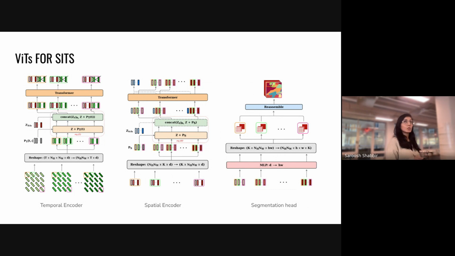Can you elaborate on the spatial encoder one more time? I didn't follow what you said. So it's actually exactly the same thing that's happening, except it's not applied to the raw patches. It's applied to the output of the temporal encoder. But the process is exactly the same. You then apply the positional embedding and the class token, and pass it again to the transformer. But it's already transformed at this stage.